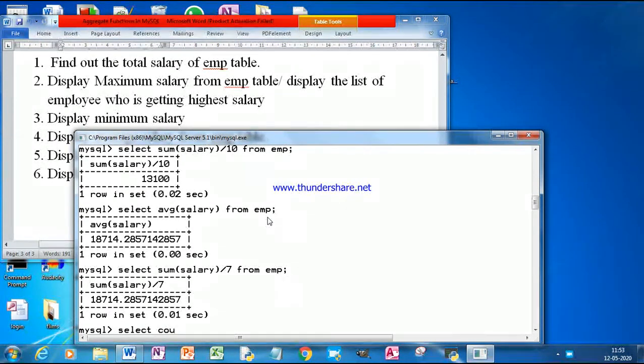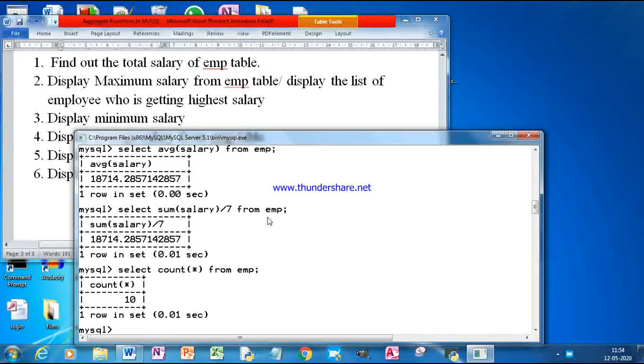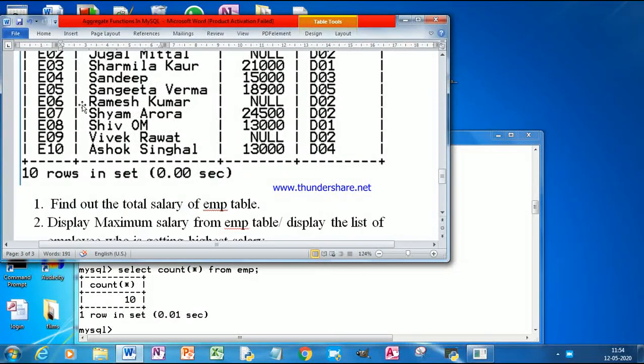Select count star from EMP. See, 10. We have 10 records.